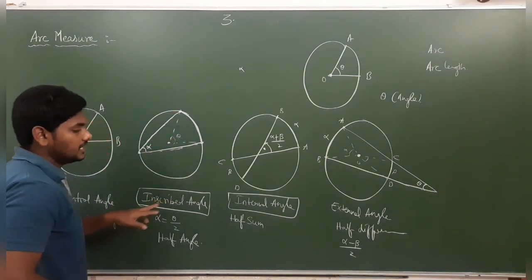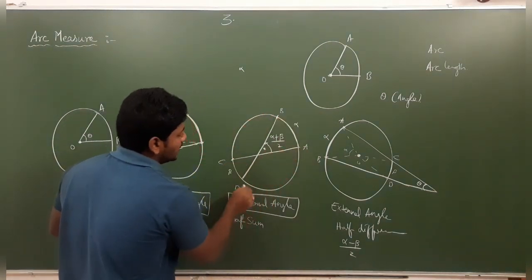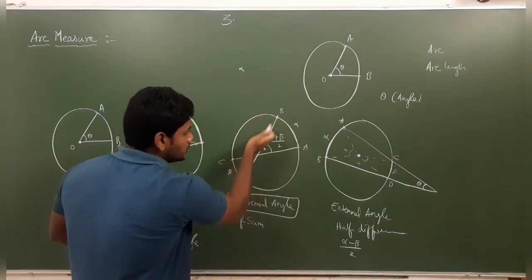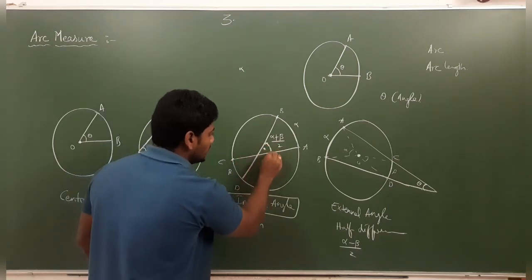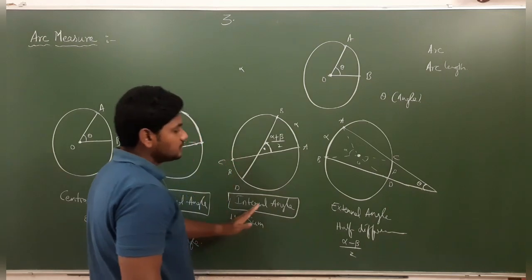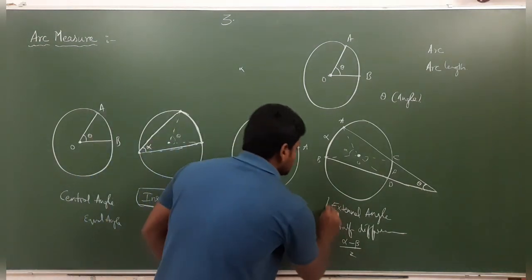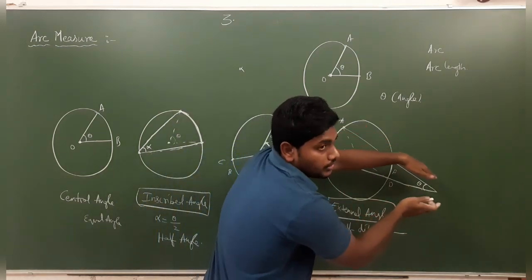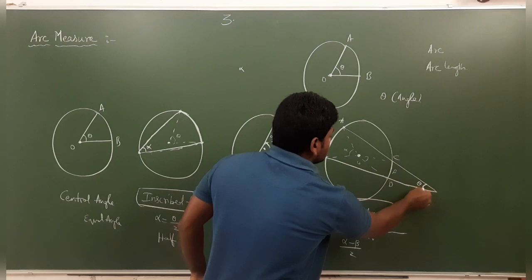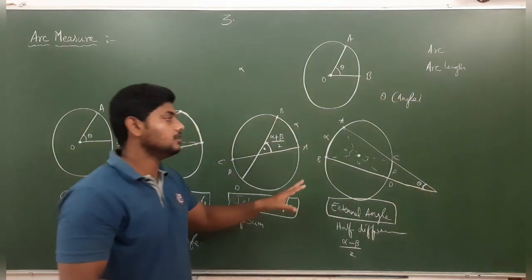That is the inscribed angle. Internal angle means, if these are 2 arcs, this is arc 1 and arc 2, and we join those extreme points, we will get another angle. This is nothing but half of the sum, alpha plus beta by 2. This is the internal angle. When it comes to the external angle, if we continue drawing those lines, we will get the outer angle, that is nothing but external. That angle is alpha minus beta by 2, which we will consider as half of the difference.